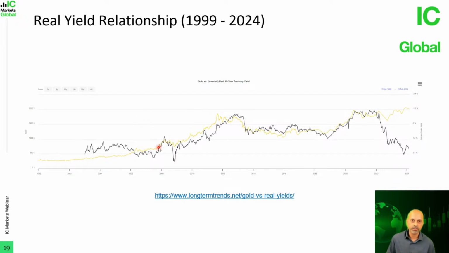But because they have an inverse relationship, on this chart they have illustrated the real yield as an inverted figure to show us the tightness of the relationship here. So as you can see, as real yields are becoming less negative, take note, for real yields the axis is on the right. So the lower part is 2.4%, the higher part is negative 2.4% because it's inverted. It's inverted to show us that they tend to move together. So when real yields are falling, or becoming less positive, going from 2.4% to about 0.8%, gold prices are rising.